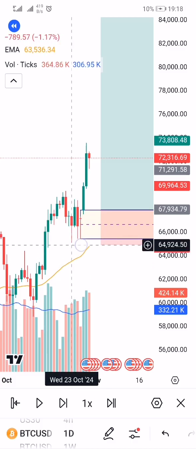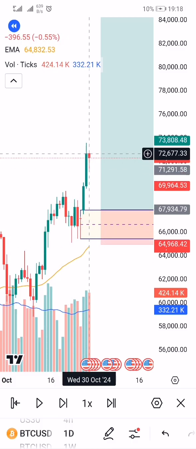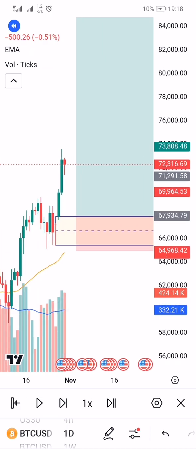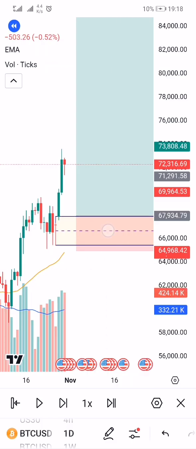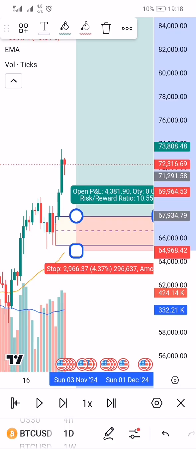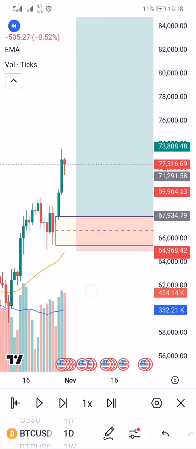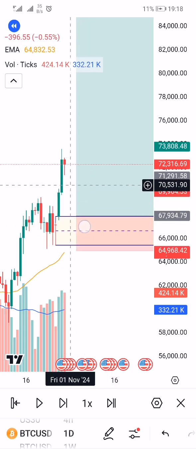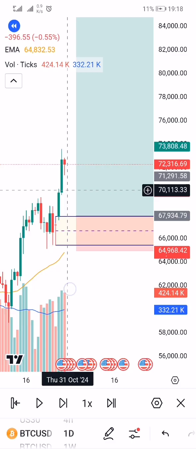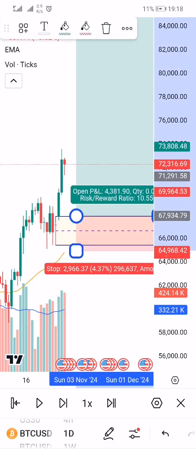We don't want to go into choppy situations, so we want there to be a clear movement from that area. Once we notice that, we place our entry here at the proximal line, and then we place our stop loss slightly below the distal line. I like to be very robotic with this, so I place my stop loss 1.2 times the size of the distance between the proximal and distal line. So my stop loss here is $2,466 on Bitcoin, and that's because my proximal and distal line are about $2,400